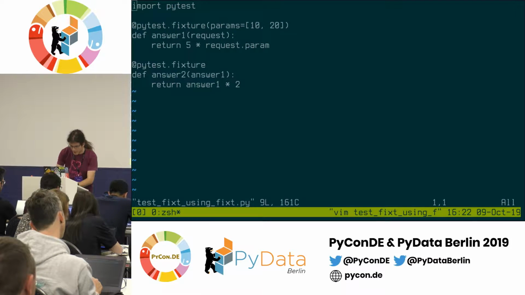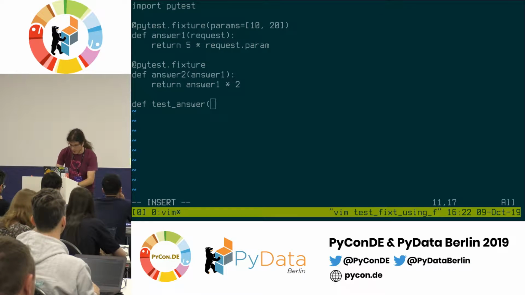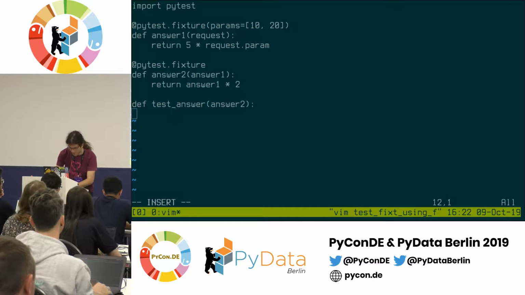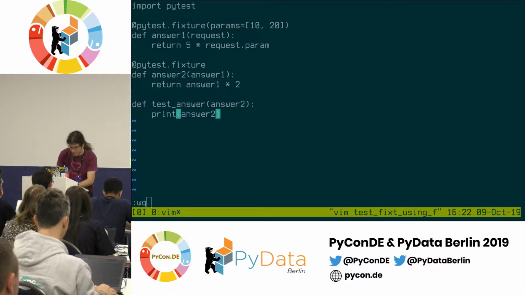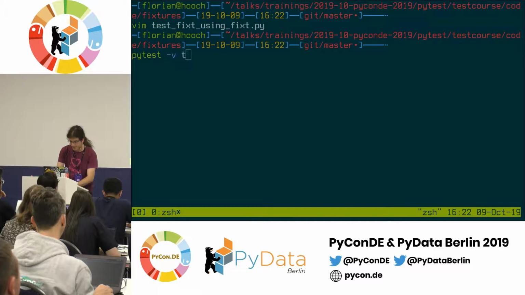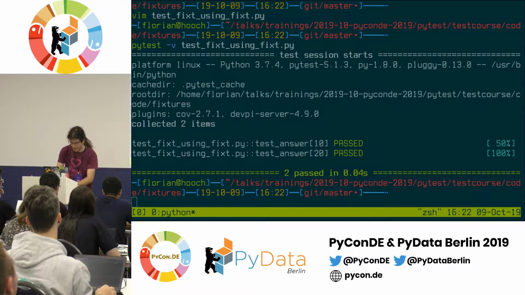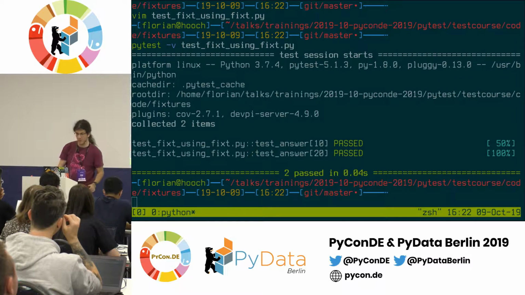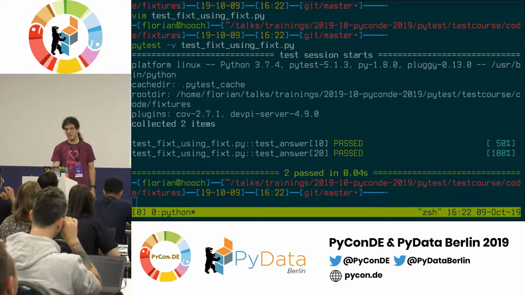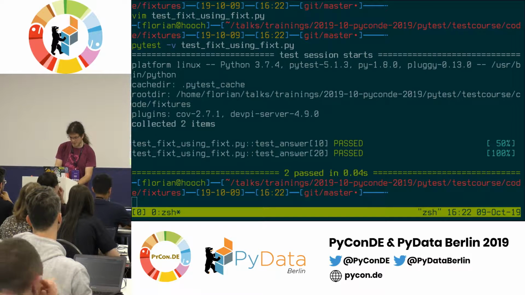What you should see when you write a test using that answer2 fixture and when we run that test, is that pytest runs it with the value 10 and 20. So we didn't parameterize the test itself.